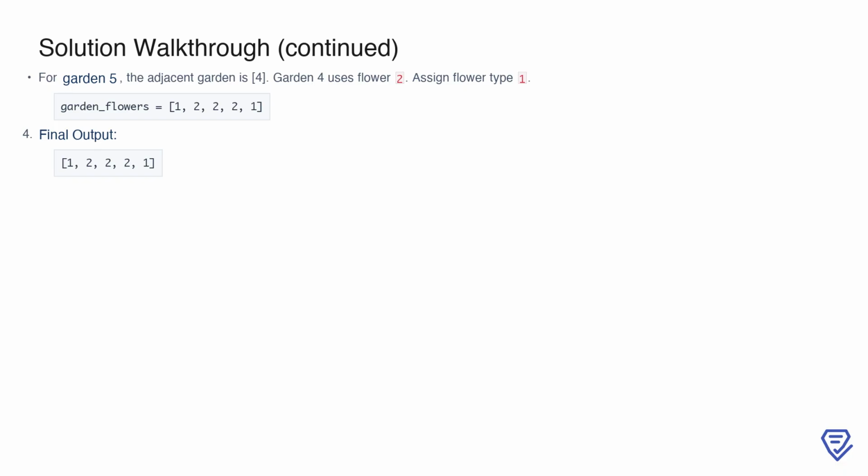To avoid conflicts, we assign flower type 1 to garden 5, updating the garden_flowers array to 1, 2, 2, 2, 1. With all gardens now assigned flowers, the final output for this example is 1, 2, 2, 2, 1. This demonstrates how the algorithm efficiently assigns flowers to gardens even in larger graphs, ensuring that no two adjacent gardens share the same flower type. By iteratively processing each garden and considering its neighbors, we can always find a valid assignment that satisfies the problem's